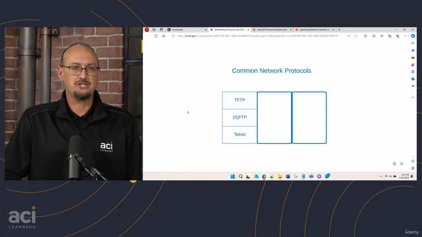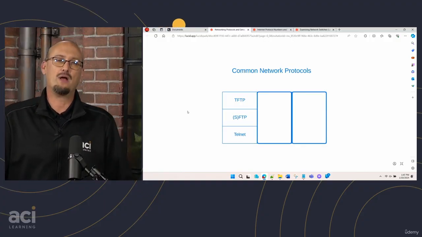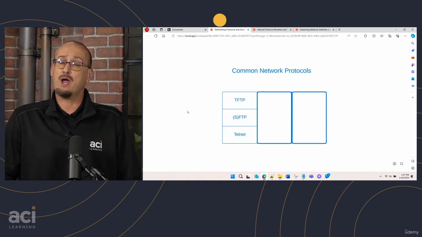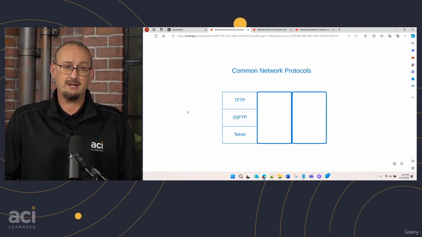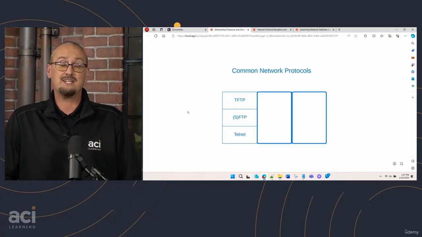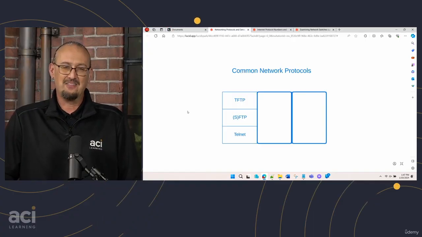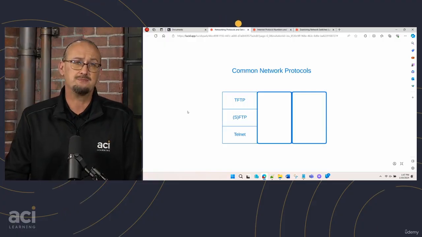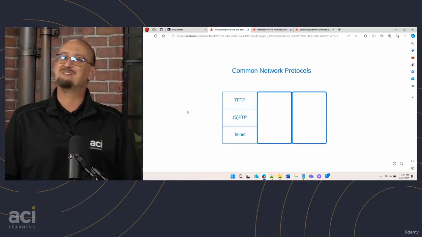SSH, secure shell, you're going to see it's the first one in the next column that's kind of hidden. That is one that we can do encrypted remote connections with, versus the one that's right below FTP on your screen. That's Telnet. That's the terminal emulation software, and it has been around for a very long time. It does exactly what it sounds like. It emulates a terminal that would make a connection into a mainframe. And back in those days, those were really closed systems, so you didn't really worry about encryption back in those days.